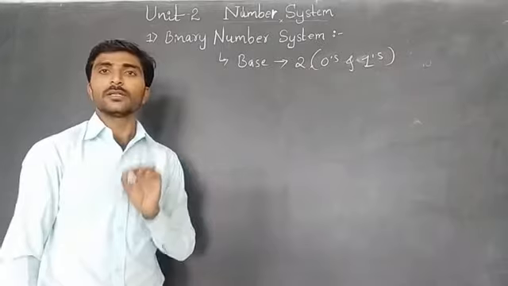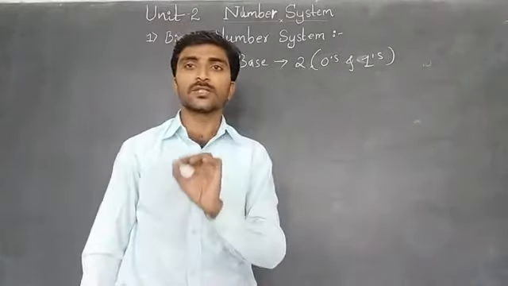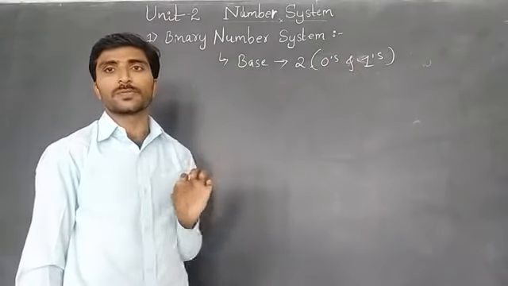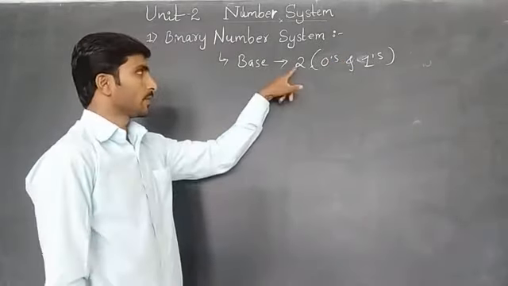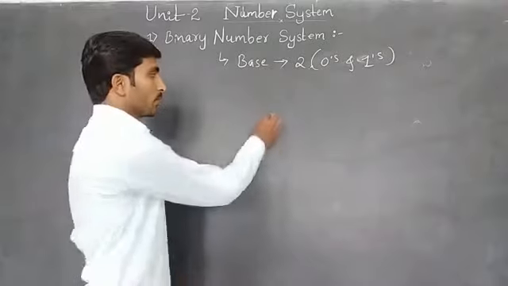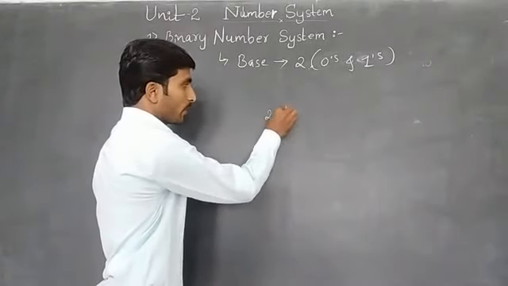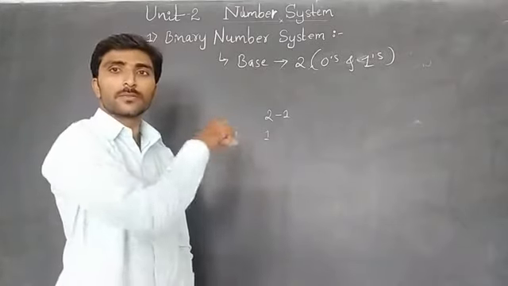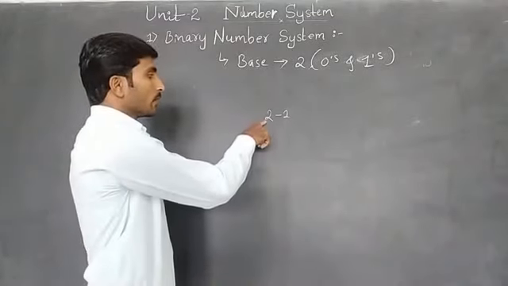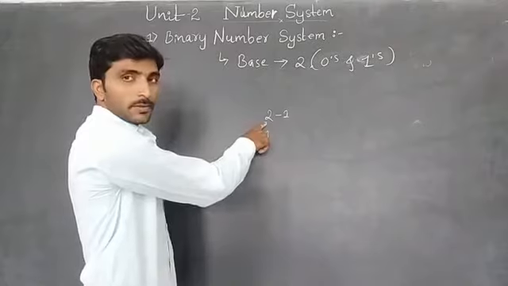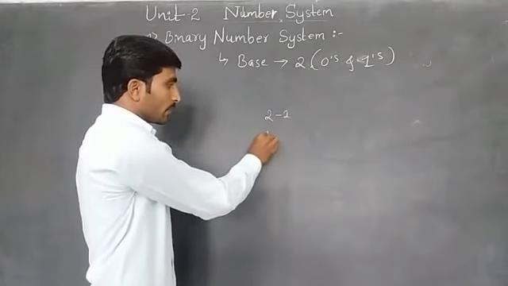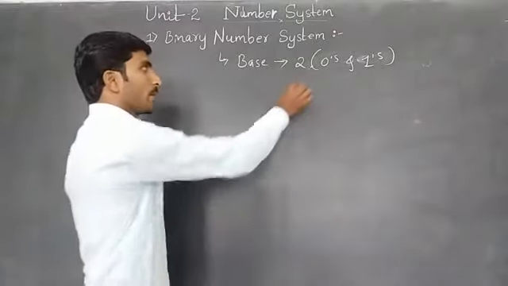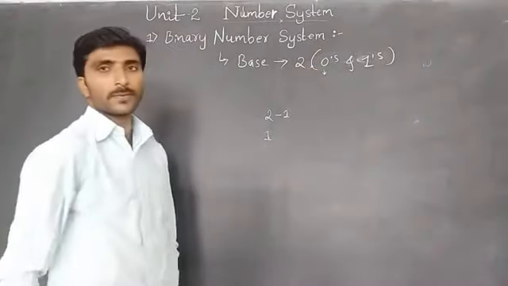Okay. So here the largest value is 1, because you have to subtract 1 from the base. The base is 2, you subtract 1, that is 1. How to find the largest value in a number system? Subtract 1 from the base, that is equal to 1. See, 1 is the largest value and the lowest value is always 0.